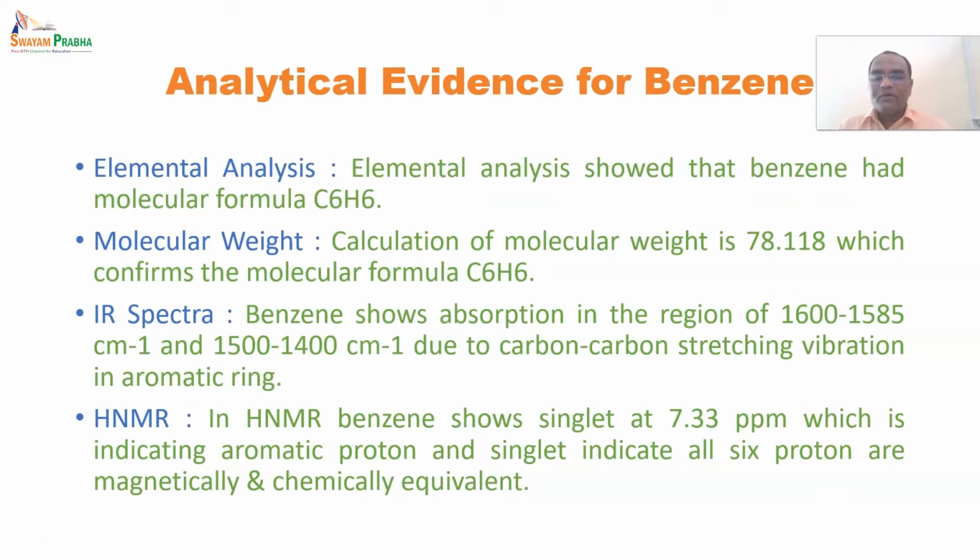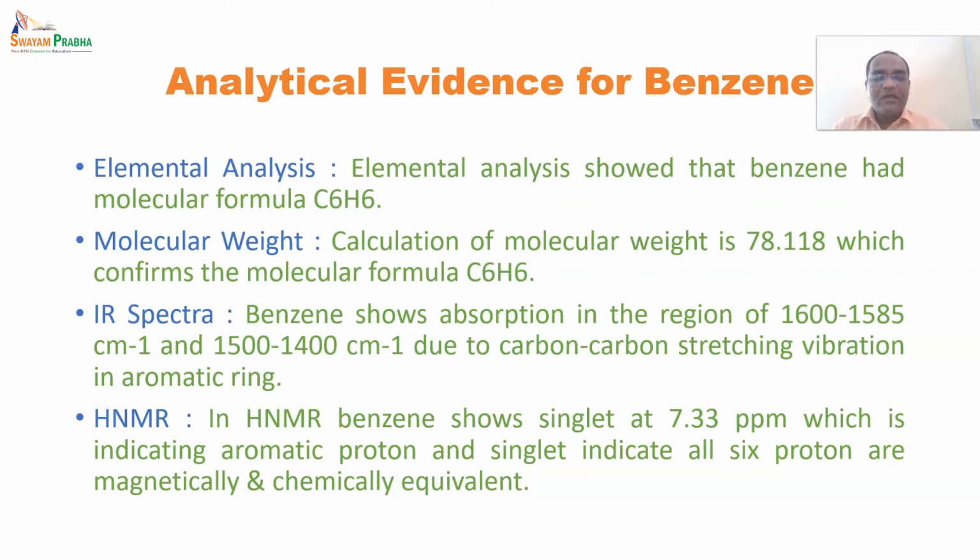So in proton NMR, benzene shows a singlet at 7.33 ppm, which is indicating an aromatic proton, and the singlet indicates all 6 protons are magnetically and chemically equivalent. So this 7.33 delta value indicates that this type of proton comes in the aromatic